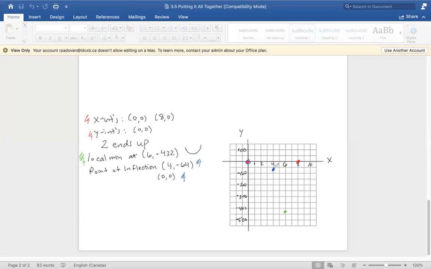Okay, I'm just trying to make it big enough so you can see it once I draw, including when I draw on it. So there's my 4 points. I have to figure out how this graph looks. So now I can go back to my 2 ends up. So now I'm starting my end behaviors here up, and I'm going to end up. And then from the red dot to the blue dot,